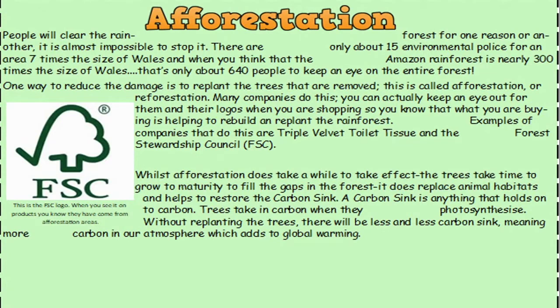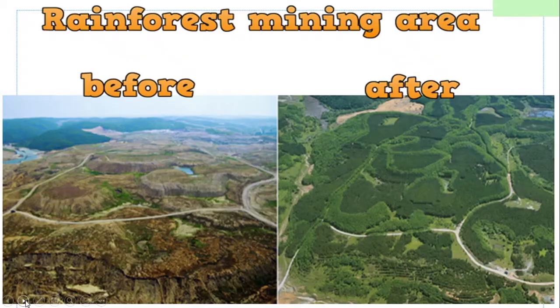So the process of afforestation is the idea that if they're cutting down these trees, once they're removed, we can then replant. If you look through this source, it's going to give you some ideas on how afforestation can be the positive and sustainable method to repair the damage that's been made. It will refer to the carbon cycle, which we haven't looked too much into, but a carbon sink is anything that holds onto carbon, and as we know, trees through photosynthesis breathe in carbon and store it, and they breathe out the oxygen. So please read through these paragraphs and use the images that are attached,